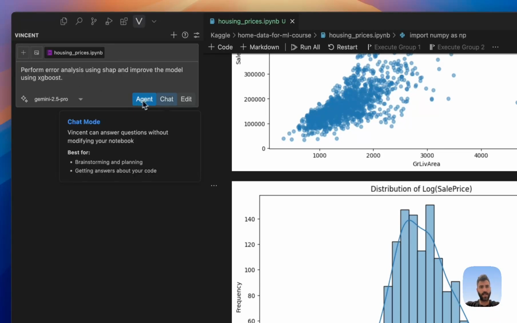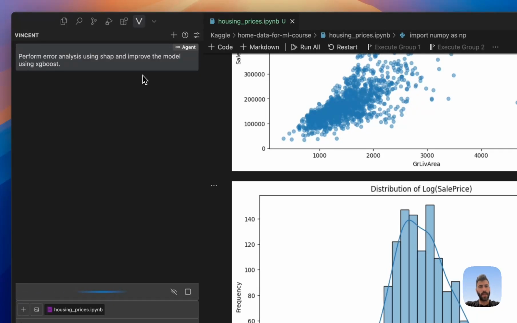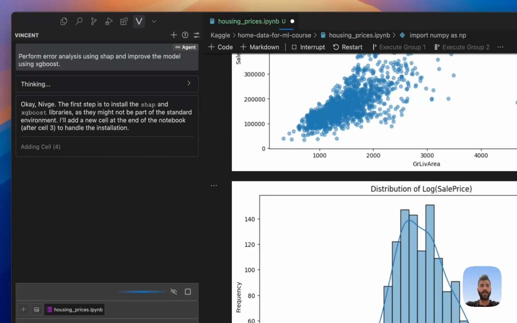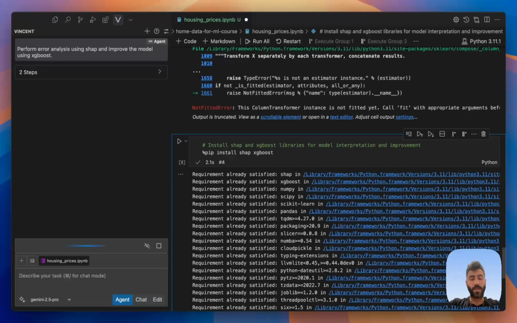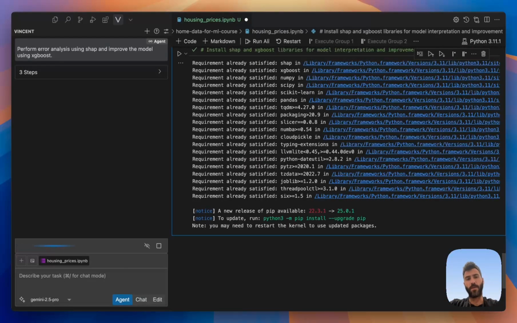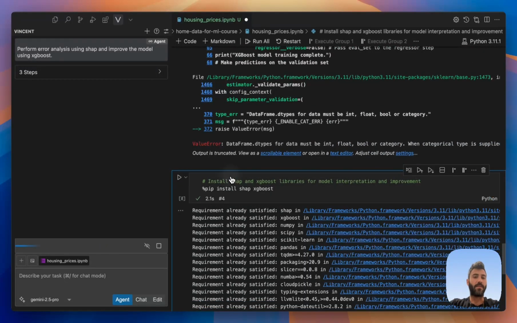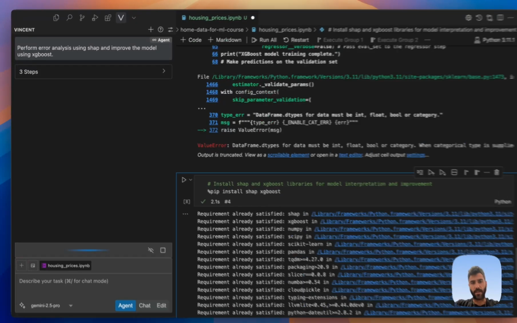Now, as you see, Vincent has three modes. I'm going to start with the agent mode. In agent mode, Vincent can actually see your notebook, the code and the outputs, also the outputs visually. And Vincent can plan and do multi-step actions of adding cells, running them, seeing the outputs, deciding what to do next, etc. You can see that it installs the relevant packages. By default, Vincent would not install packages automatically for you, only add the cells and ask you to execute them,